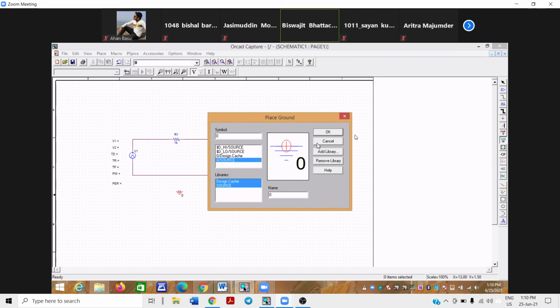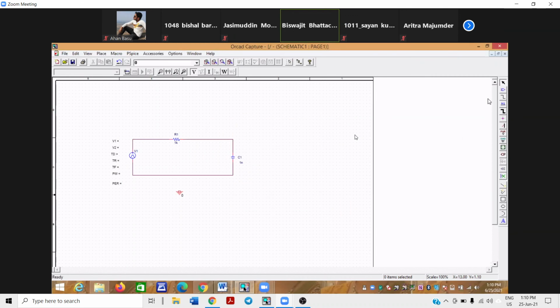No, cancel. Now I take the wire from this right side shortcut button. I click it, click, release. Again click and release. Right click, end wire. Very easy. So our ground is connected.